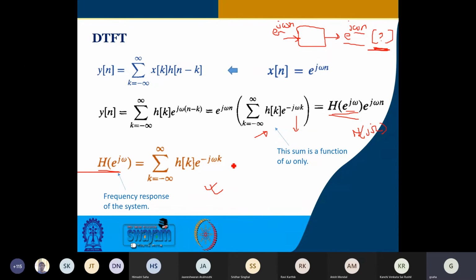So this particular quantity that we shall see more of will in general be a complex quantity. So it will have a magnitude part and a phase part. So what does the magnitude part say? The magnitude part says that the signal you have sent to this system, when it comes out, is attenuated or amplified or whatever it is, depending on the magnitude part of it.